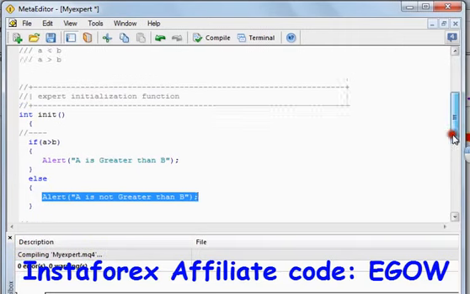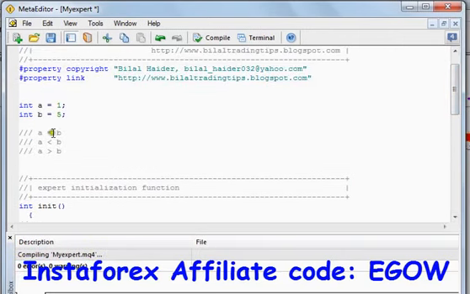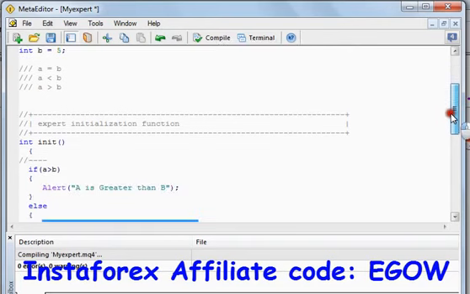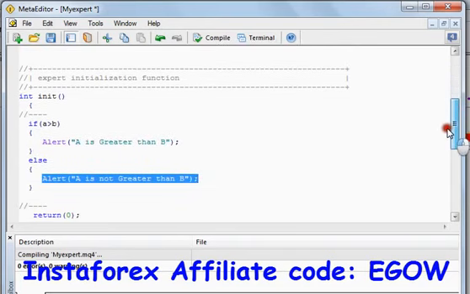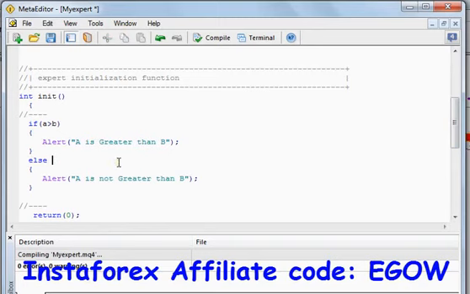What about the other two conditions which can hold between these two variables? We are going to do it in this lecture, and for doing that we use the if else if statement. The if else if statement is written like this: if this condition is true, we execute this piece of code,